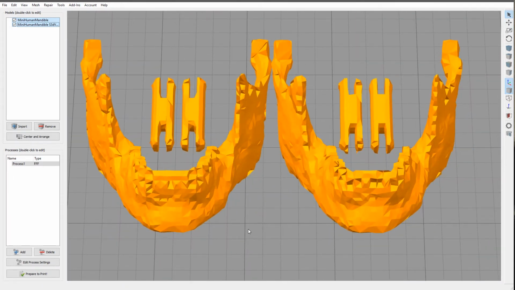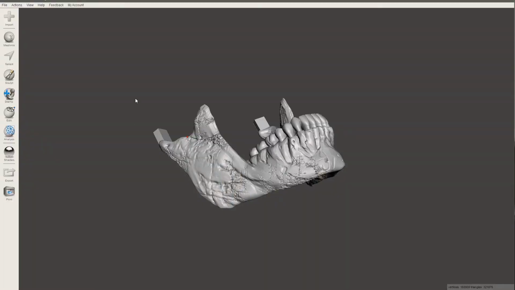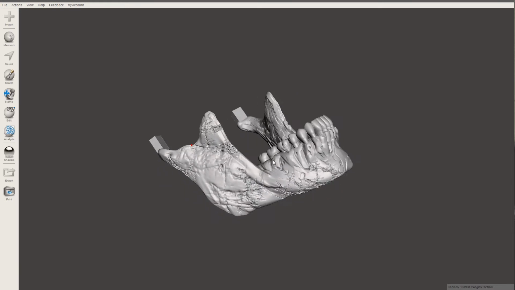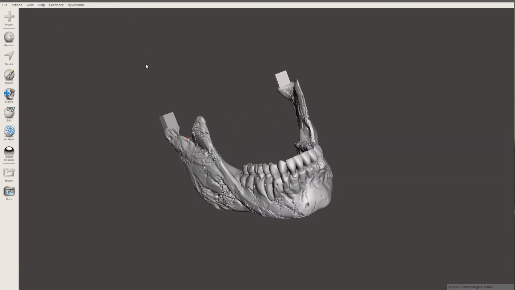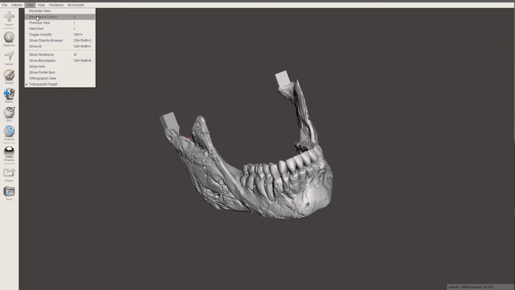And really the only way we're going to be able to quantify how different they are, and I suppose accuracy would be how far they deviate from the original, we can do that in Mesh Mixer. So let's open up Mesh Mixer and take a look at what we've got. So here we are in Mesh Mixer, and here is the original model. Now what I've done, like I said, is exported out the resulting reduced mesh files from both version 3 and version 4 as STLs, and I've brought them in here and I have aligned them